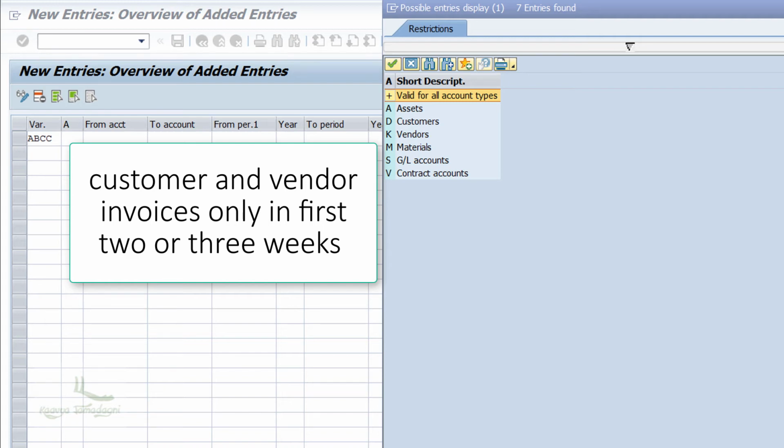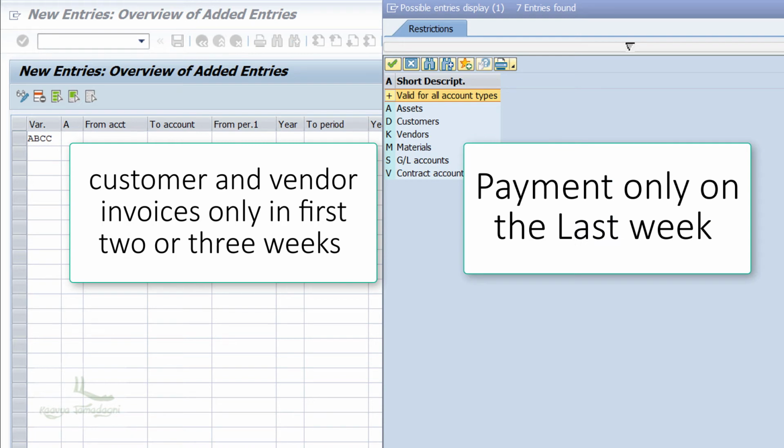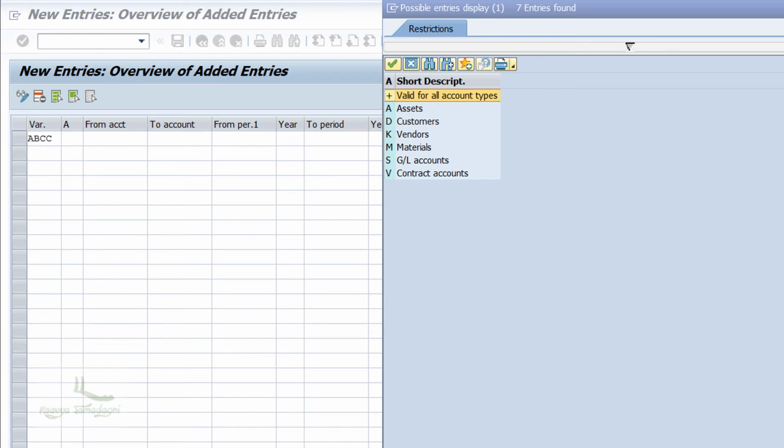Or let's say the company wants to make the payment only in the last week of the month, then they set the rule of the account to be open for only 1 week in a month. So guys, in other words, we define the open and close posting period based on the company's business operation. Yes, remember this. So, in our case, I'll set the same rule for all the account types.